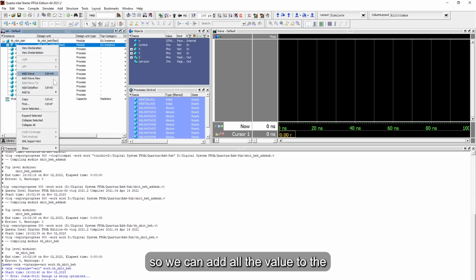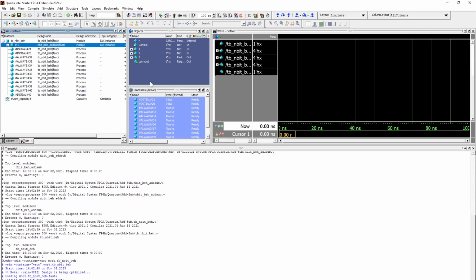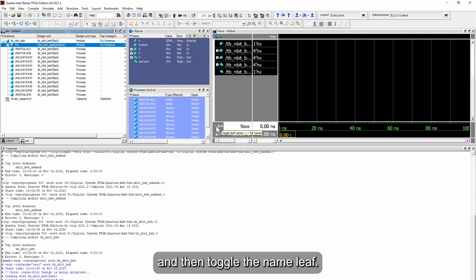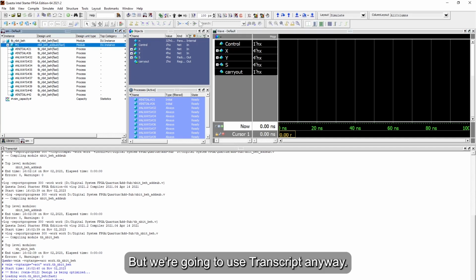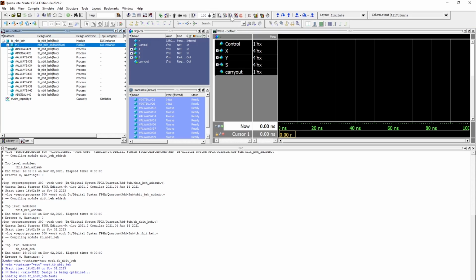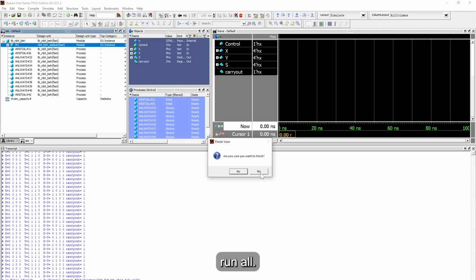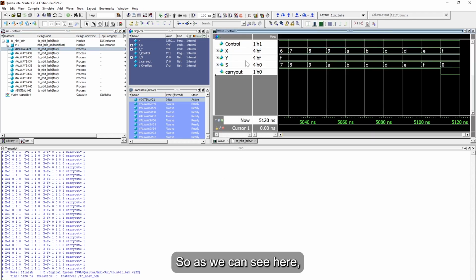So we can add all the values to the wave, and then toggle the name leaf. But we're going to use a TCL script anyway. So let's just simulate to nanoseconds and simulate all. Run all. So as we can see here,